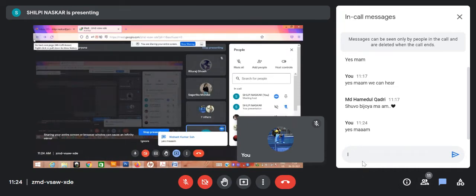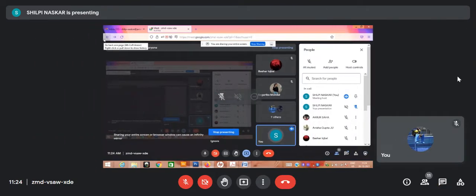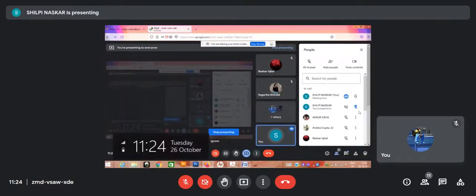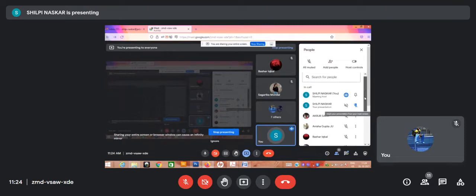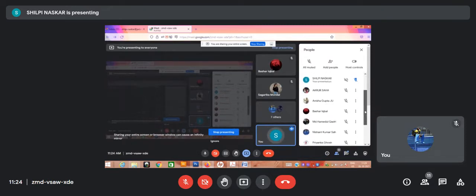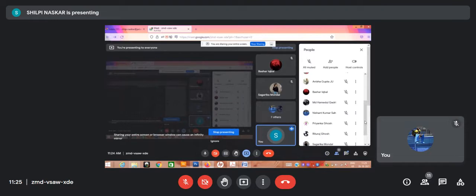Lateral entry, so you have Akrur, and Akrur was absent for the previous two classes. Anisha, Bashar Iqbal. Okay. For both of you, the lateral students, I'll be repeating for you. Just communicate with me on WhatsApp. I'll give you time. You have to be present there so that I can recapitulate or repeat the previous one.